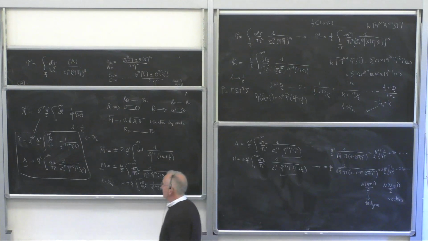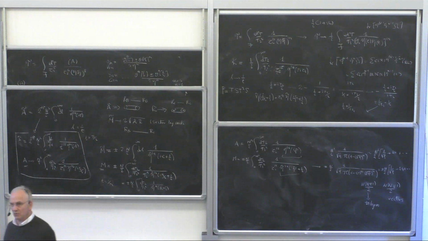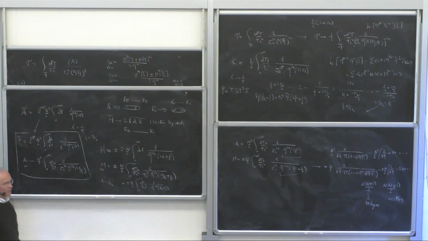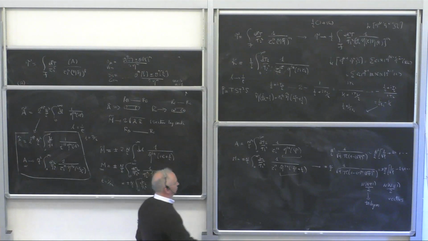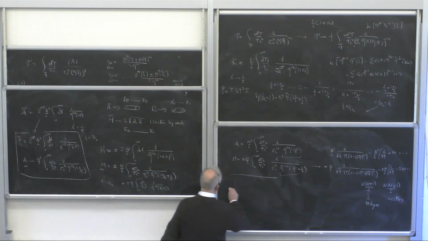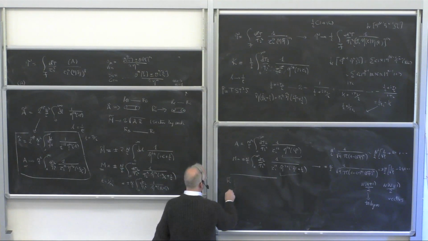What we haven't selected is the value of n. When we move to the superstrings, you will see that the selection of the value of n is compelled by the cancellation of anomalies. But here there is still nonetheless a special value of n. And the special value of n we can identify going back to the vacuum channel. Because if I look at the contributions in the vacuum channel, all of them, K tilde, A tilde, and M tilde,